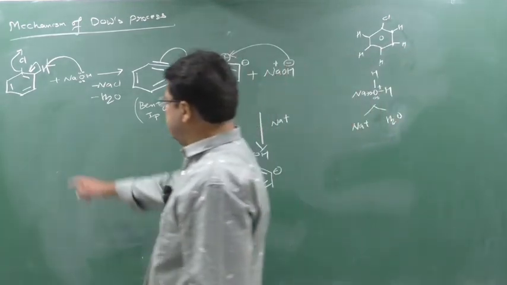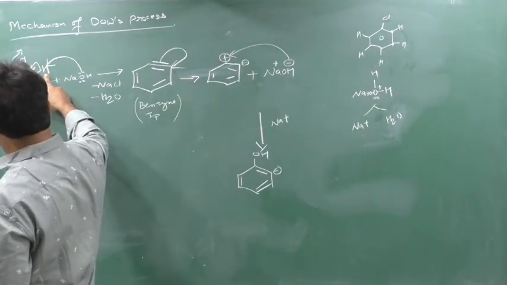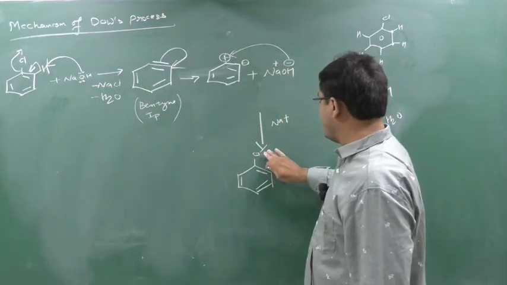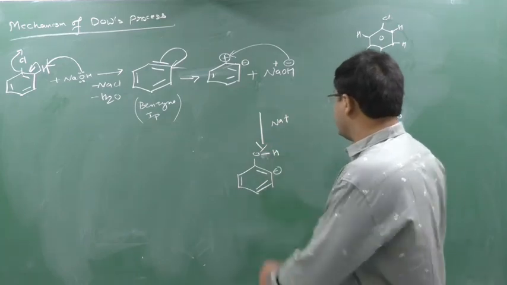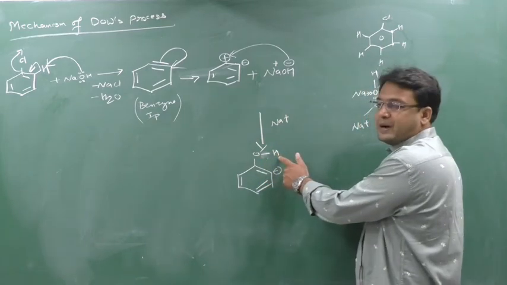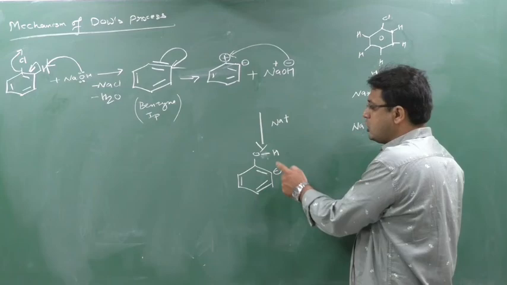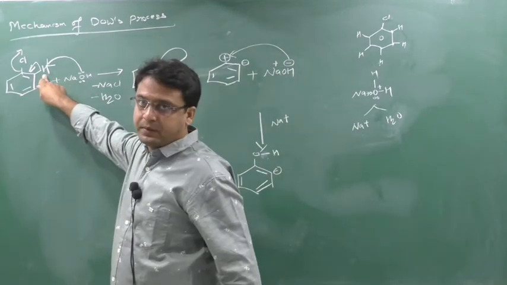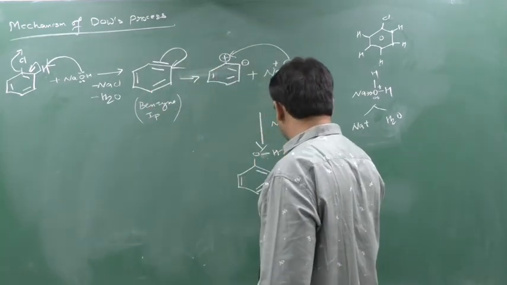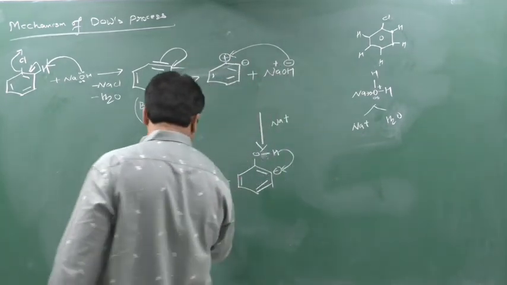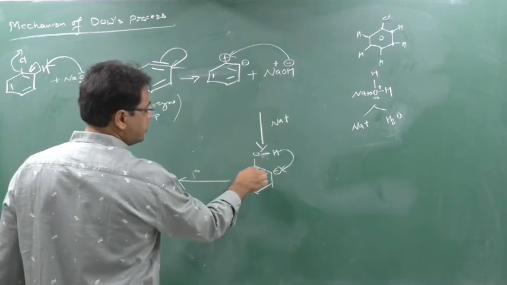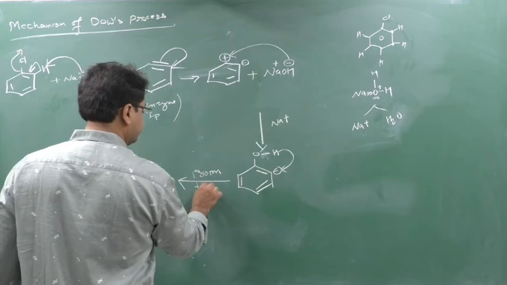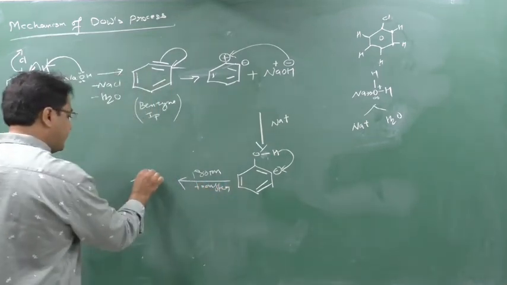Now, who has helped us to do this reaction? This hydrogen has helped us to do the reaction, so this hydrogen should be given back. So this OH, now see, this O and this H will have a partially positive charge and this is negative charge. So this H will shift back to here, where I had taken the H from to do the reaction previously. The same H will be given back to this carbon. So this we call a proton transfer, because we are transferring the proton from this position to the ortho position. So here we will do that proton transfer. Clear?